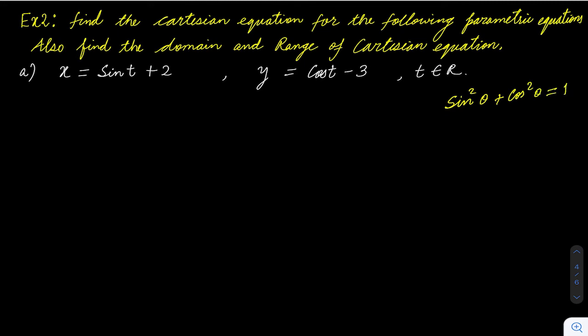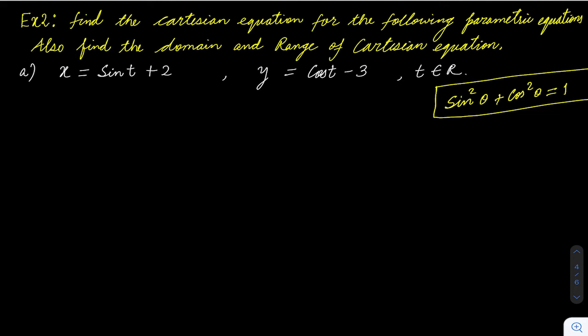You know cos 2 theta is 1 minus 2 sine square theta. You know the value of sine 2 theta: sine 2 theta is 2 sine theta cos theta. You know tan square theta equals secant square theta minus 1, etc. All the trigonometric identities that you have learned or that you know of, we might have to use them, and if we use them, it becomes a little easy. So let me show you.